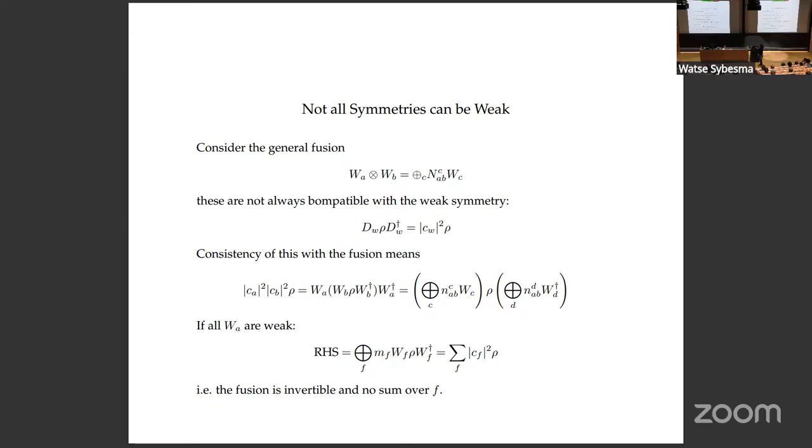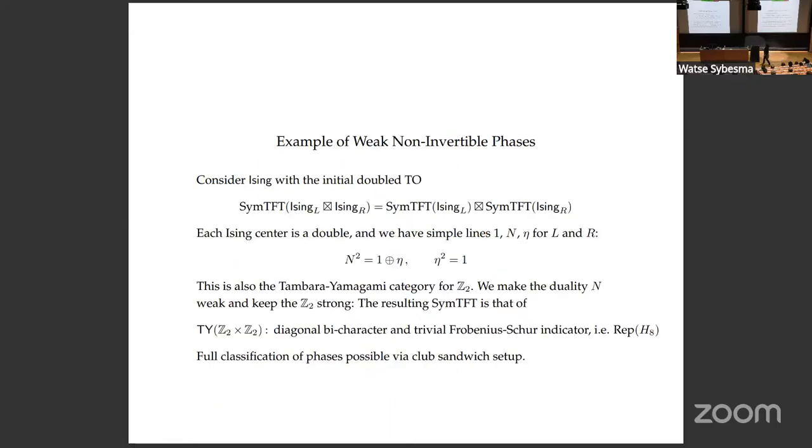You get this here, but it also needs to be that. And the fusion, he'll give all these terms. And so now you need to have relations that, in fact, tell you what is WC with rho, WD dagger. So in fact, you can't make any non-invertible symmetry weak. And in fact, one nice class of symmetries where you can make at least part of the symmetry weak